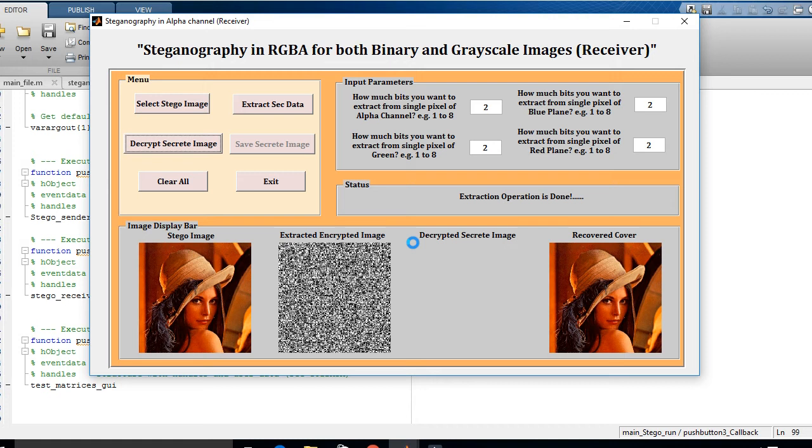So it will take few seconds to run the process. So, and this one is my recovered cover image, this is my stego image, and this is my extracted encrypted image.